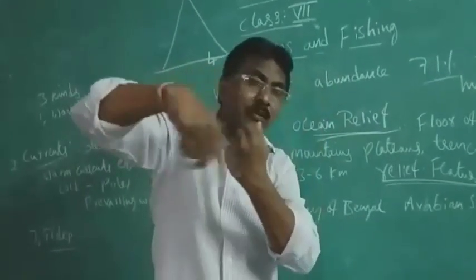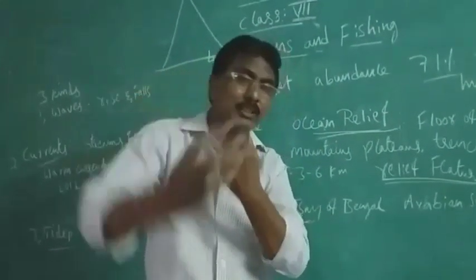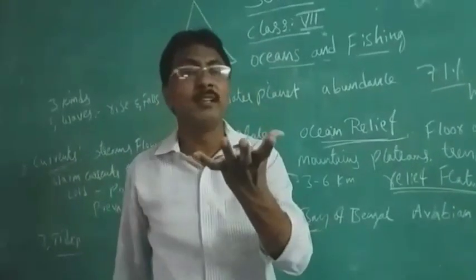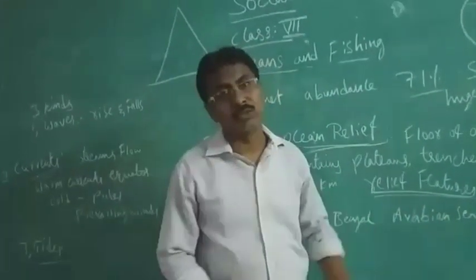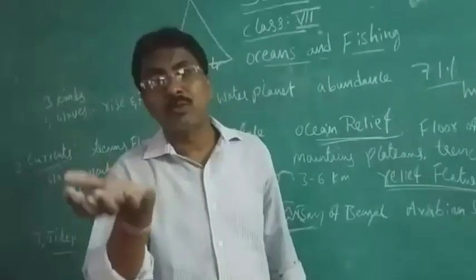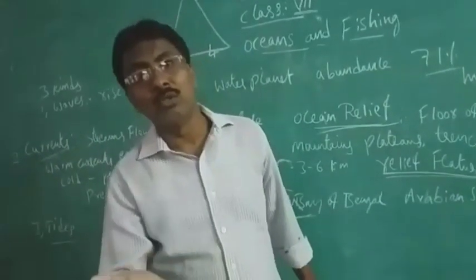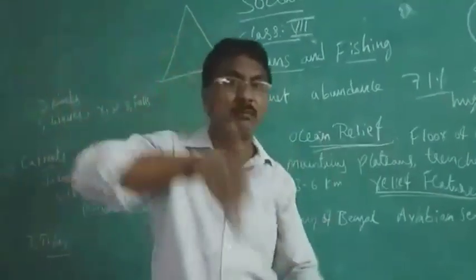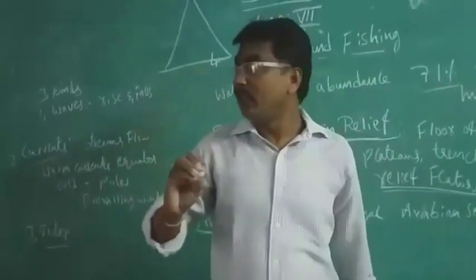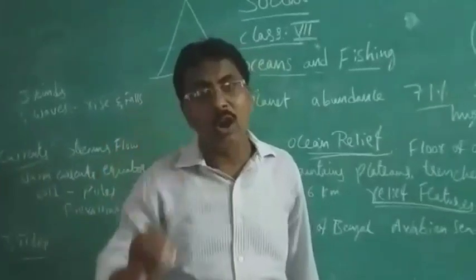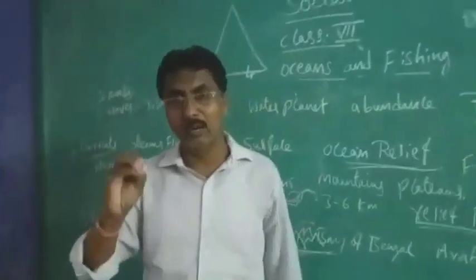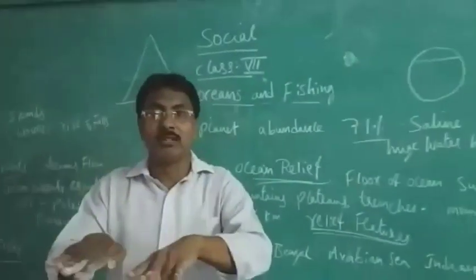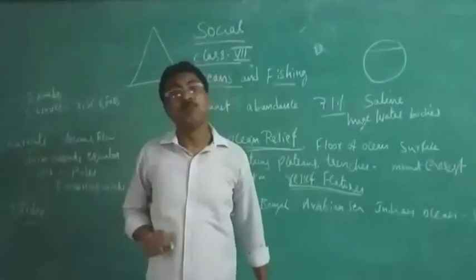Because of revolution and rotation, what is happening? The movement is passing to the ocean. That's why from down in the ocean, the water below pushes up. So like that, every time tides will come. And when the earth stops moving, only then will the water stop. But that is impossible.